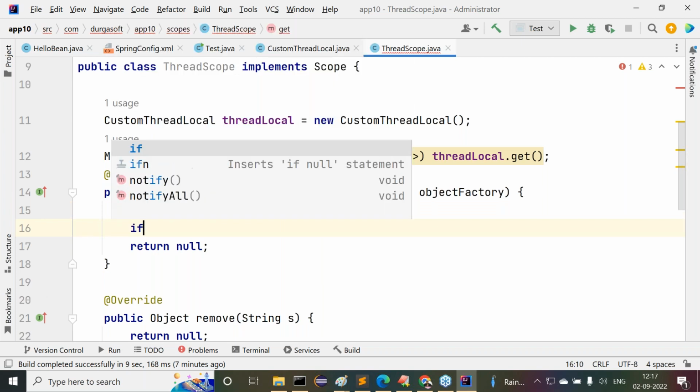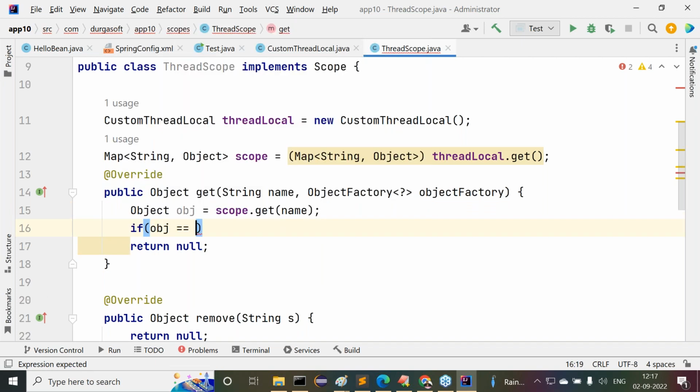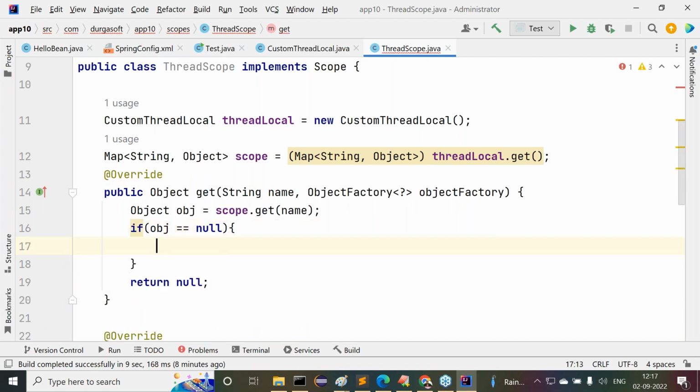Now I will check if obj double equals null. What is the meaning of it? If obj is null, that means the object is not available inside the map, then what do we have to do? Then we have to get the object from the object factory. The object factory is able to prepare that bean object. So now here, obj is equal to